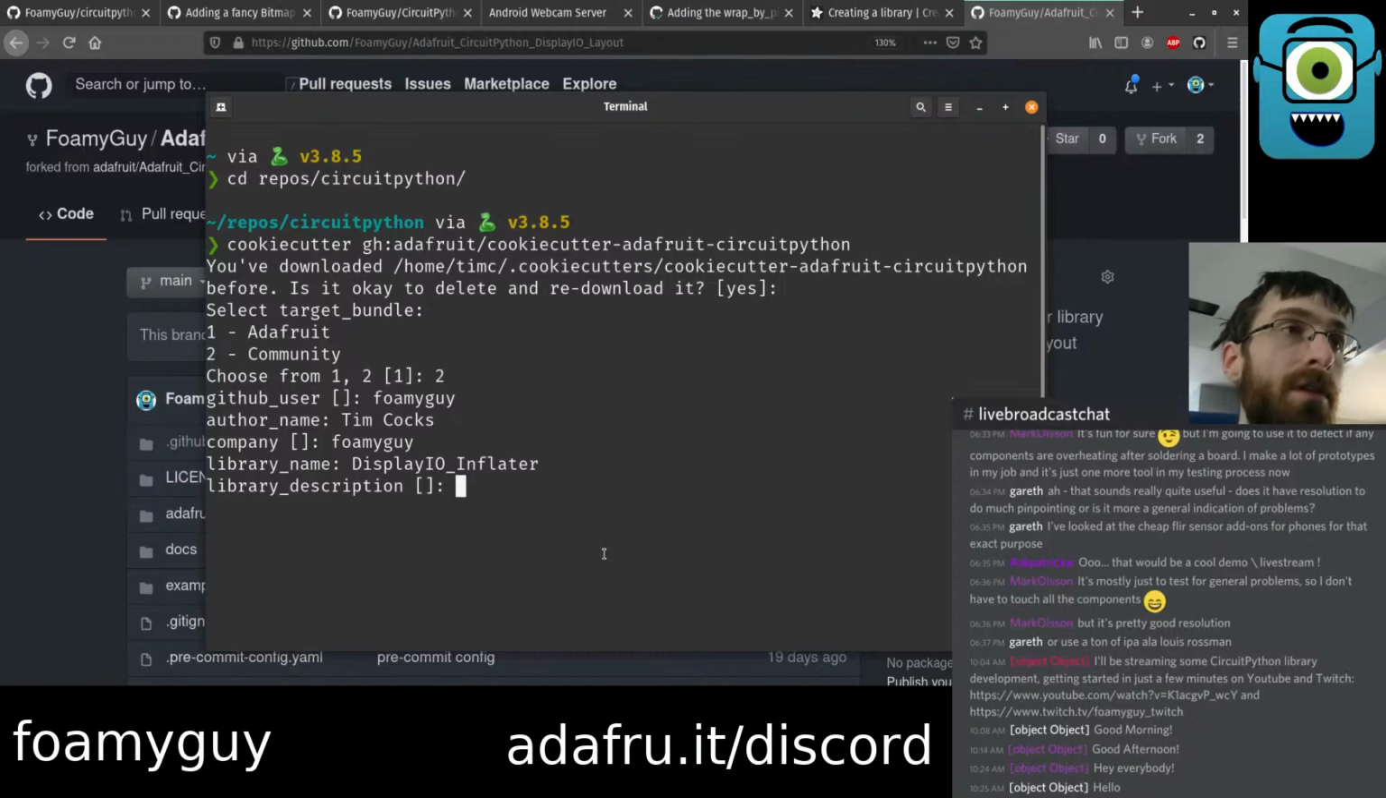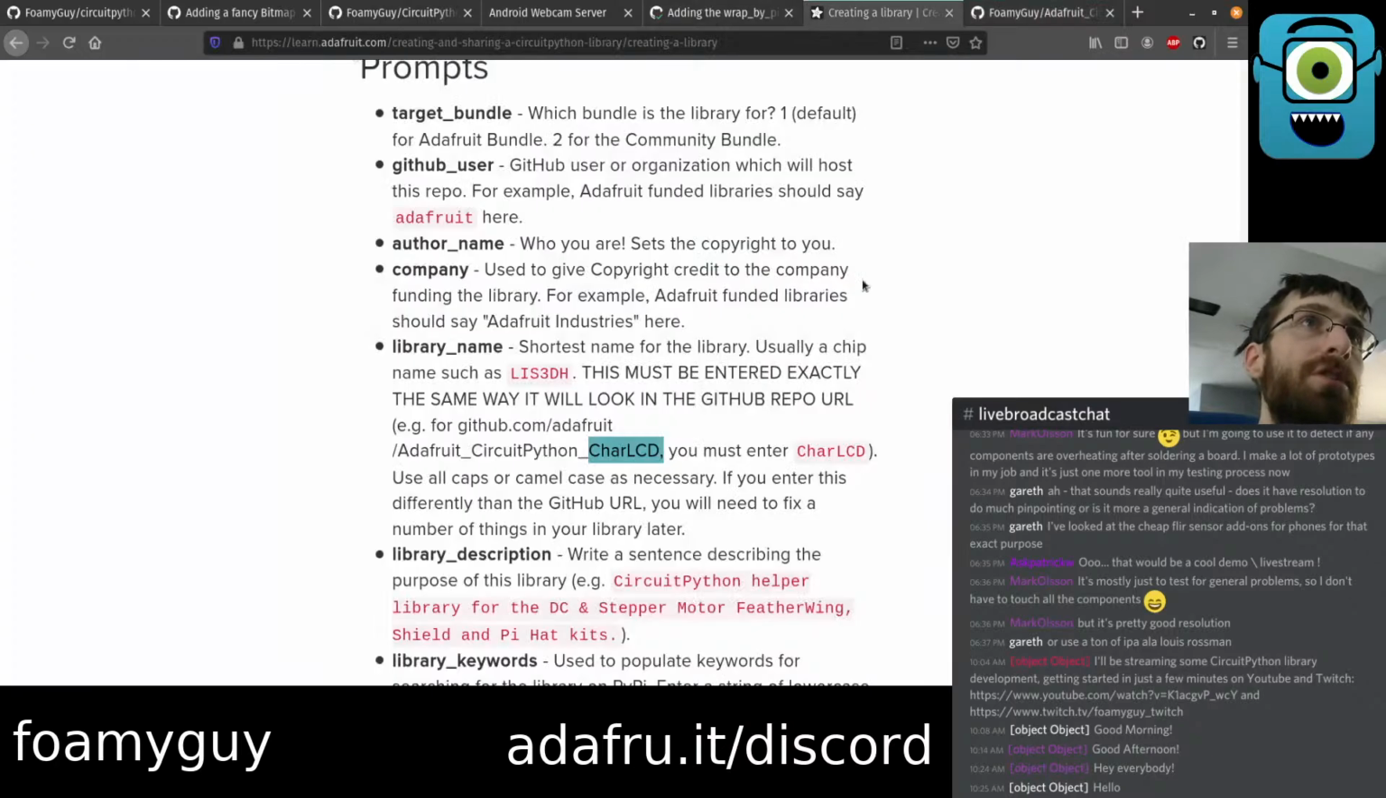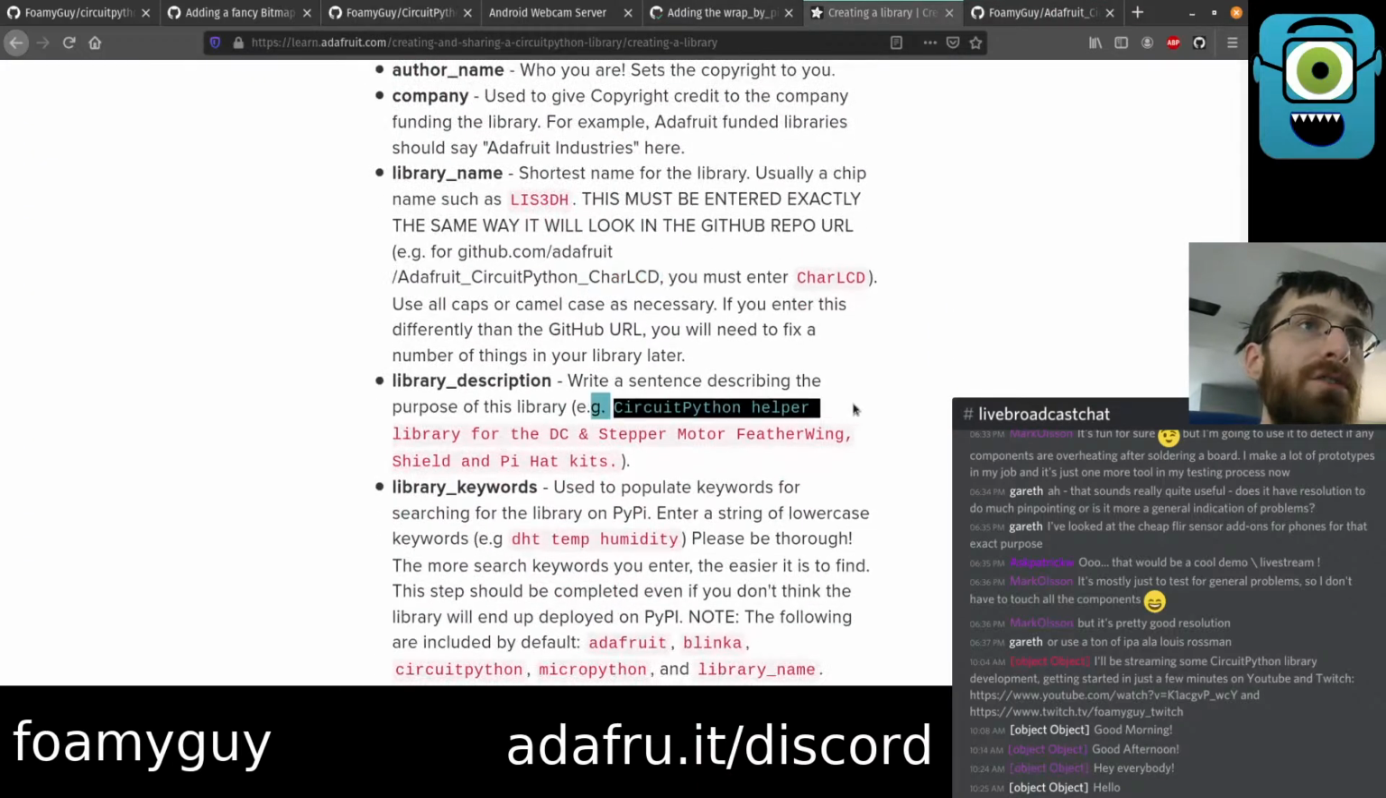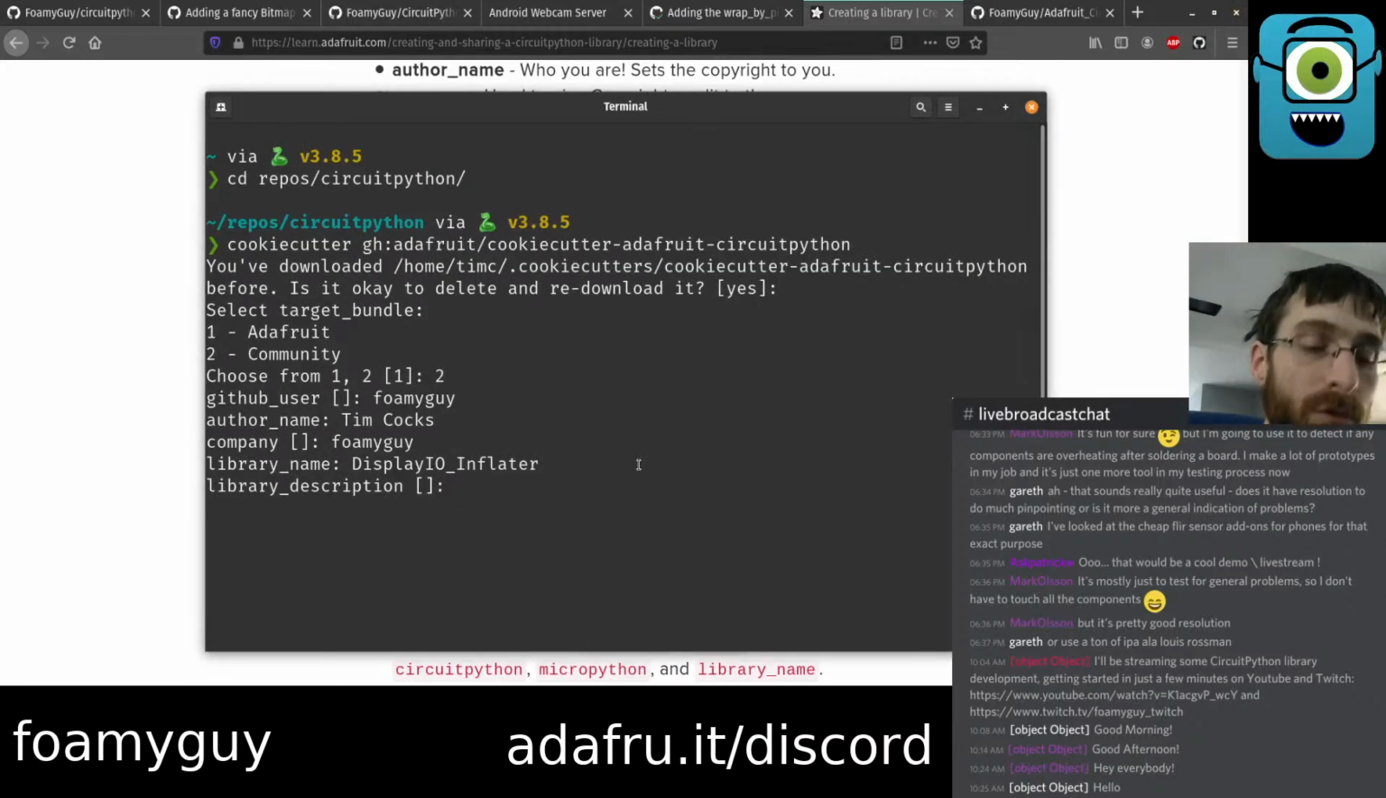So anyway, the next prompt here is for library description. If we switch back to the Learn Guide, you can see it just says, write a sentence describing the purpose of the library. So we will do just that. This library consumes JSON layout code, and renders it